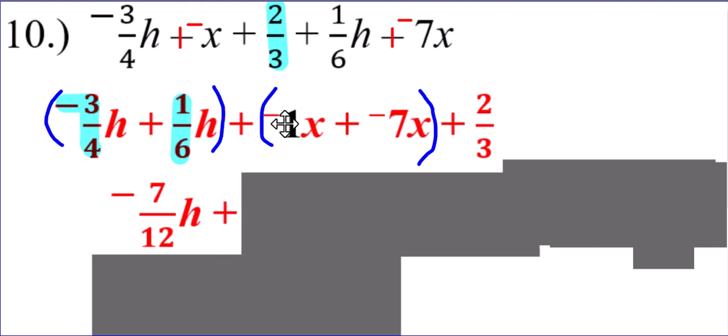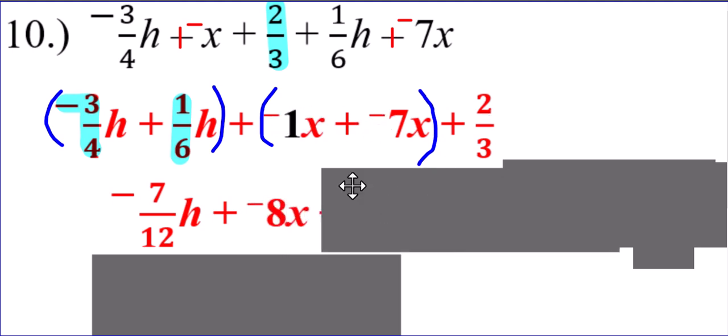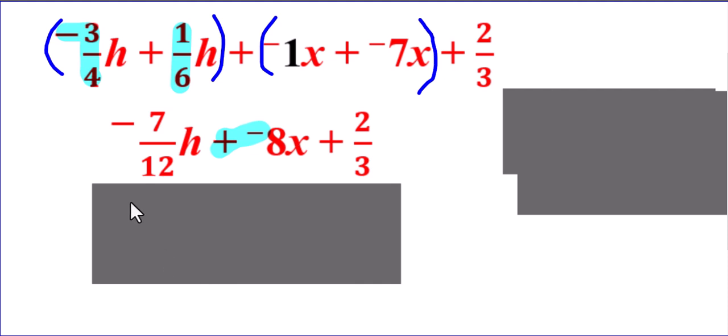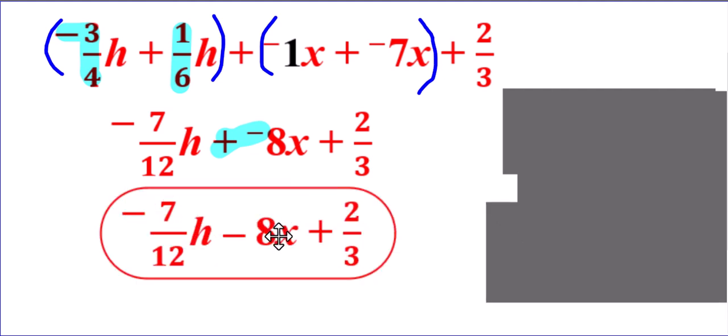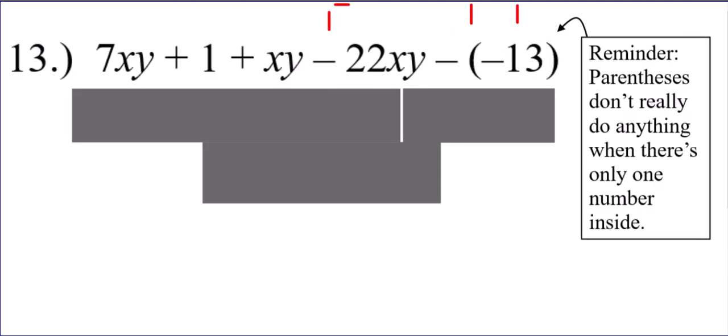Now, write the H with it. And then, -1 and -7, a negative and a negative, you would add in your head, -8x. And then the 2/3 is just going to stay there. We're almost done. Oh, right here, 2 symbols in between. Let's simplify that. That's going to become minus +8x. And everything else is going to stay the same. All right. Now that you know that this really isn't that bad, you still like terms having the same variables, you can use your calculator for the fraction parts. Not a big deal. Let's have you try 11, 12,